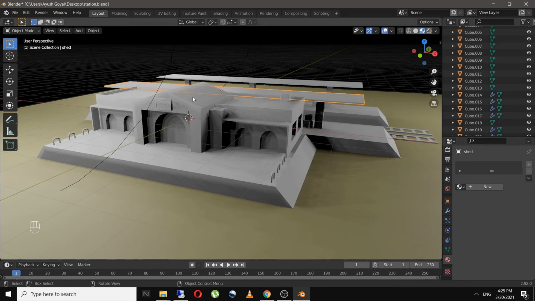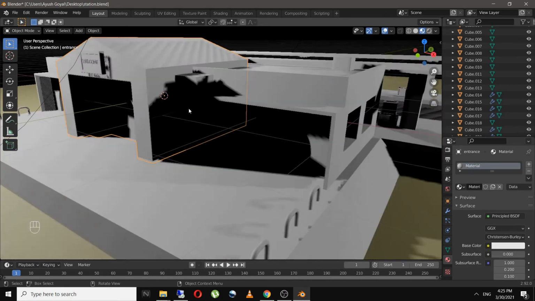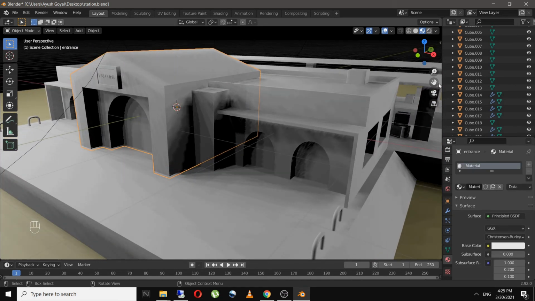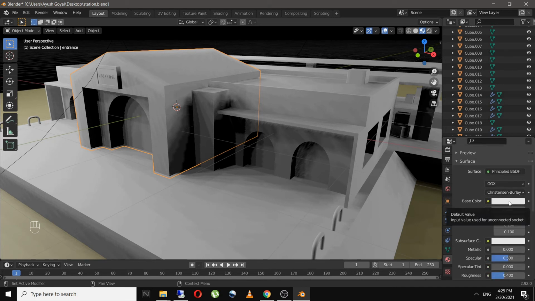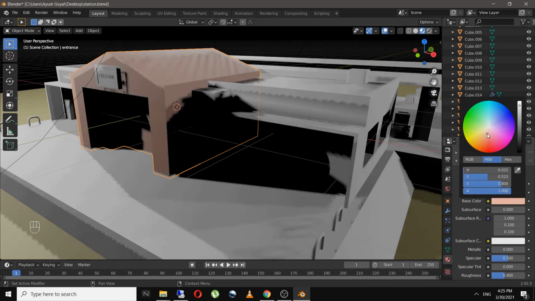Now similarly, I'll put the material into this. So I'll select this and go to materials option and add in a material and select the color as orange.